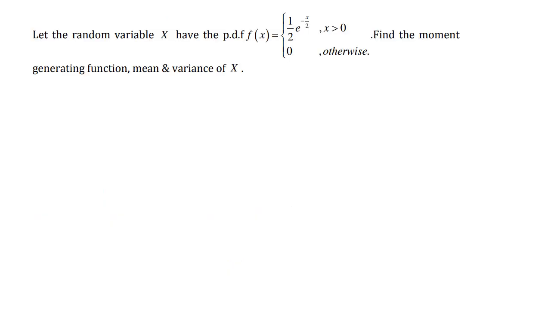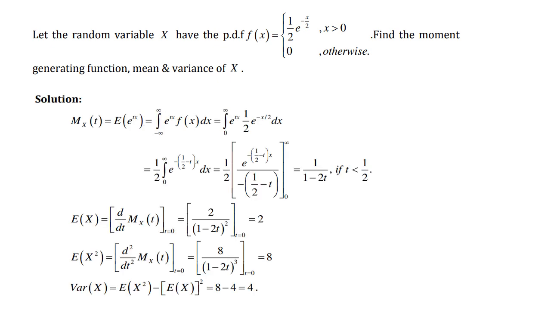Let the random variable x have the probability distribution function f of x is equal to 1 by 2 e to the power of minus x by 2, for x greater than or equal to 0, and 0 otherwise. So we have to find the MGF, that is the moment generating function, mean and variance of x. To find the moment generating function, it is nothing but finding the mathematical expectation. So moment generating function Mx of t is equal to